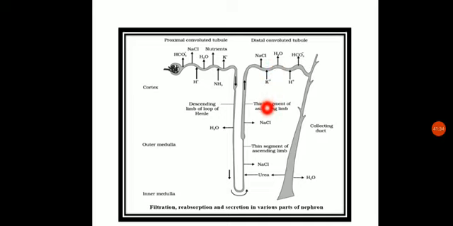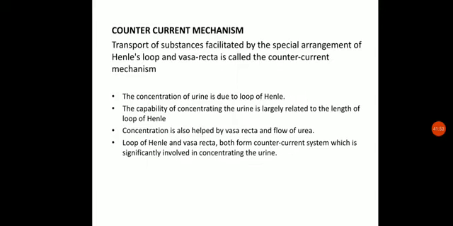Okay, next the filtrate will get into the collecting duct and then the collecting tubules. This will also be under the effect of, not aldosterone, but mainly the effect of vasopressin. They will also reabsorb the water. So water will be reabsorbed from here as well, and then the urine will be formed. That was about the urine formation.